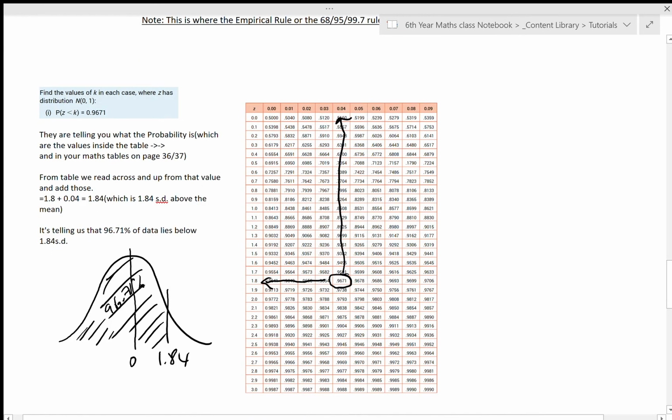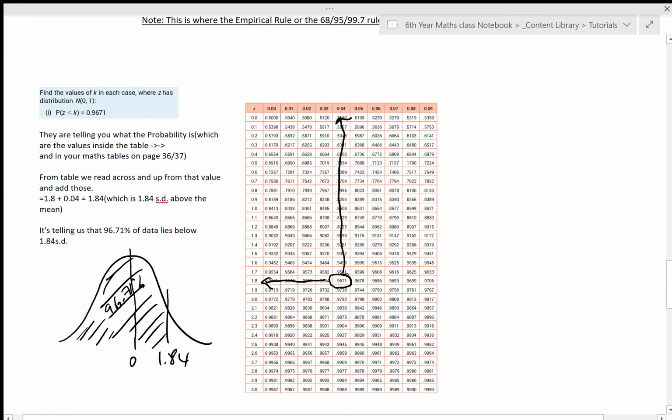You see here I have it circled, and then you track across to the left, and this is going to give you your z-score. So you track across to the left, you see that it's 1.8, and then you track up. Okay, so it has to have the two coordinates, 0.04. You add those together and you get 1.84. Okay, so that basically means 1.84